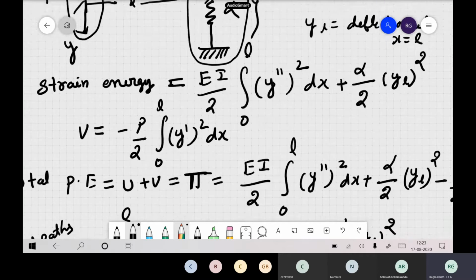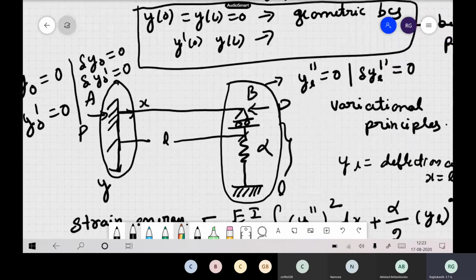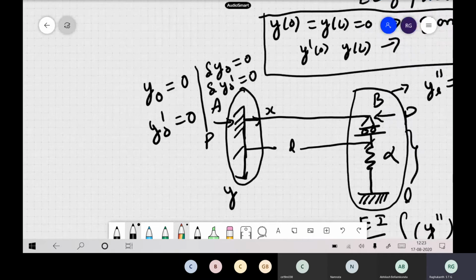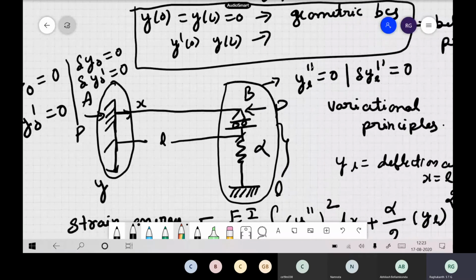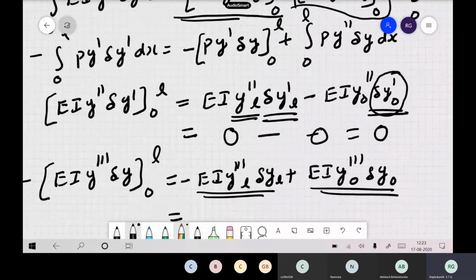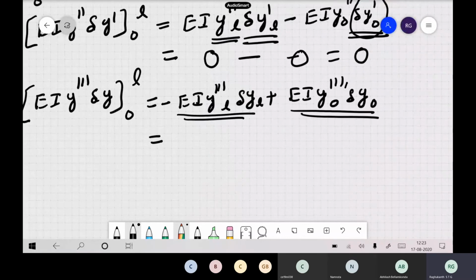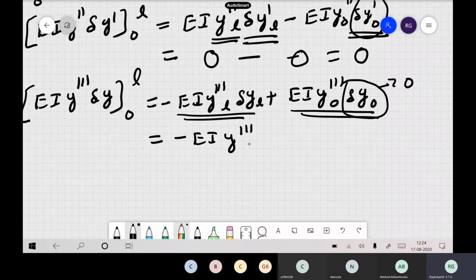Okay, so already we have written, right, at x is equal to 0, what is 0? So deflection is 0, slope is 0, which means δy(0) is 0, δy'(0) is also 0. Now at this end, y double dash is 0. Now if you see in this expression, which is 0, so this quantity, as already we said, is going to 0. Now this is a shear force, so there is nothing there, so automatically this quantity will not be 0, so you have EI y triple dash L δy(L) actually. So this is the second one, and now these two are over.